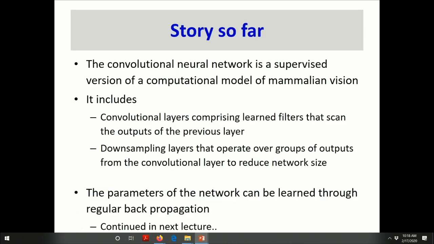So here's the story so far. I'll stop here. The convolutional neural network is a supervised version of a computational model of mammalian vision. It includes convolutional layers comprising learned filters that can scan the outputs of the previous layer, and downsampling layers that operate over groups of outputs from the convolutional layers to reduce not the network, but the size of the map. The parameters of the network can be learned through regular backpropagation, and we'll see how we do that in the